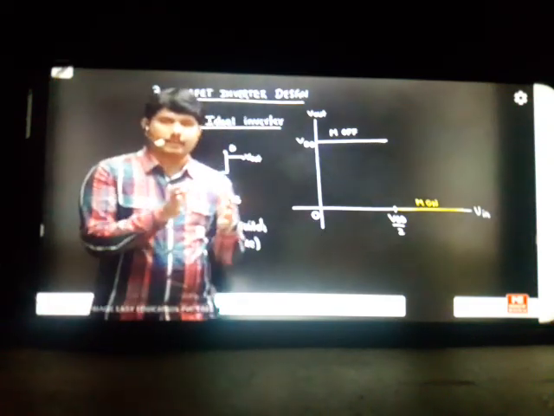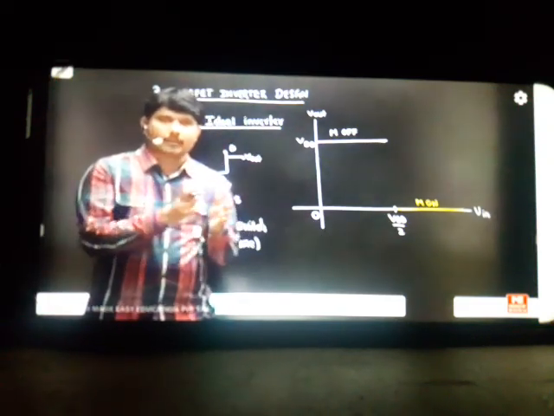Complete this module today. So for 0 to VDD by 2, the MOSFET should be off. When your input is greater than VDD by 2, the MOSFET should be on. Why are you asking for half of the time period off and half of the time period on? It means the transition between on to off to on should be the same. That's called ideal switching. But in between, what do you want?